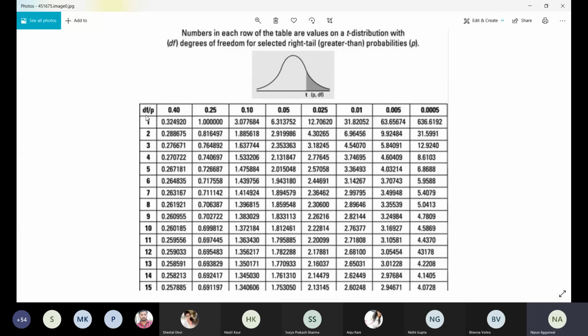The concept of degrees of freedom is like this. Suppose you are given that the sum of 5 numbers is equal to 10. How many values can you give with full freedom? 5? Why? You cannot give full freedom to all the 5. You can give it only to 4, because the last number has to be the difference of 10 minus the sum of the other 4 numbers.